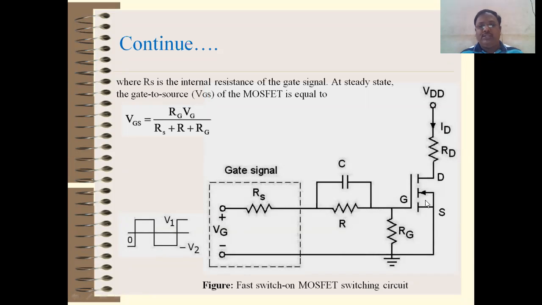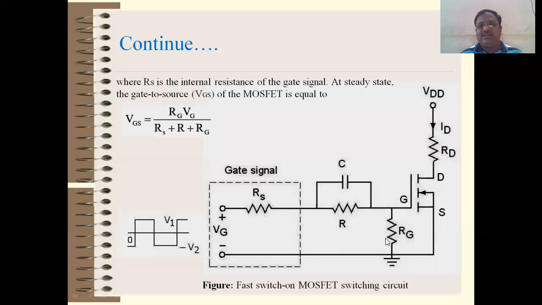So direct voltage is applied to the gate of the MOSFET, right? And the second advantage: the gate capacitance and this capacitance come in series. So the series combination is equal to C1 into C2 divided by C1 plus C2. If you select a smaller value for this C, then the effect of gate capacitance is largely reduced, so that the turn on time and rise time you can control. Even fall time you can control. So rise time and fall time, definitely we can control with the help of this arrangement, right?